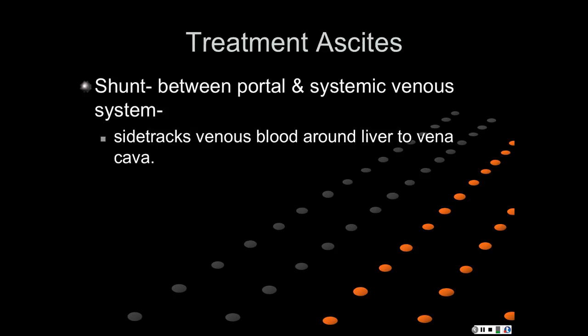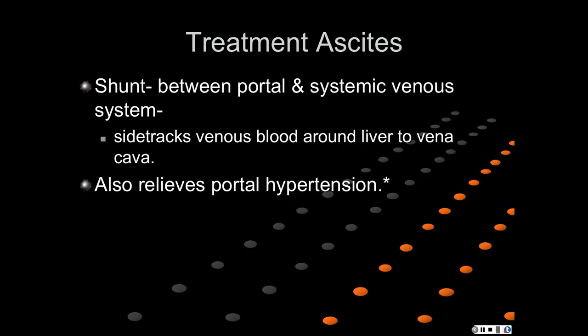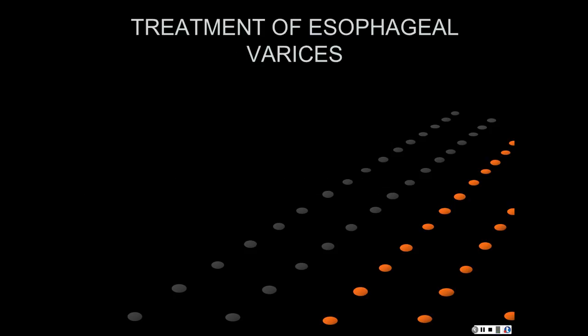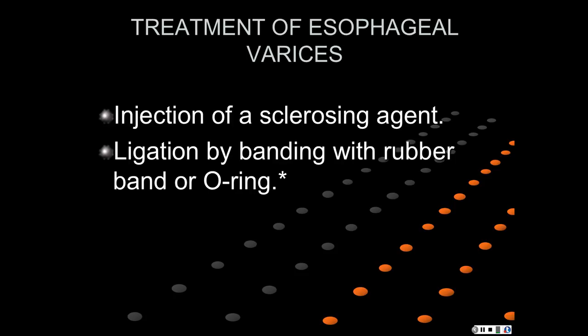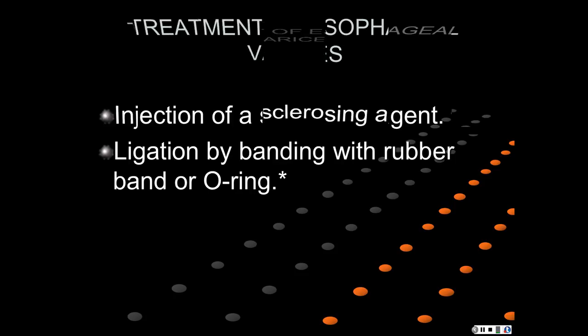And they may also create a shunt. Okay, nice to know. And then with the varices, here I'm looking at the complications and how they are treated. With the varices, we say they are inflamed, they are swollen. They can inject what is known as a sclerosing agent, which makes them harder and reduces the inflammation. They may ligate them,